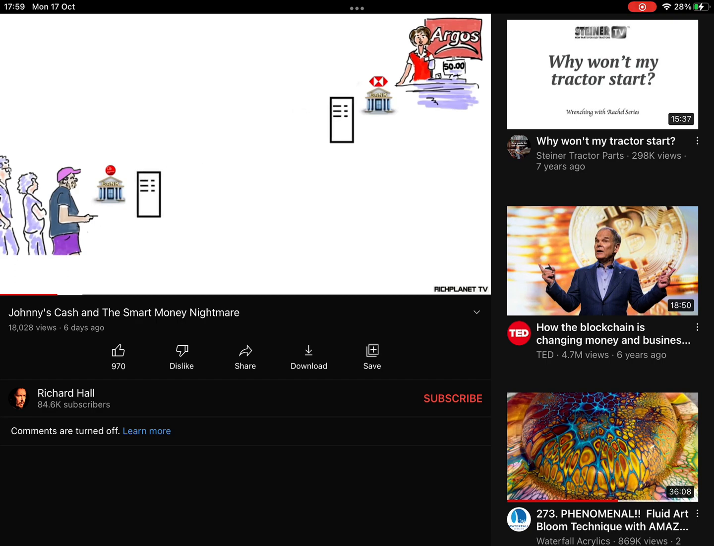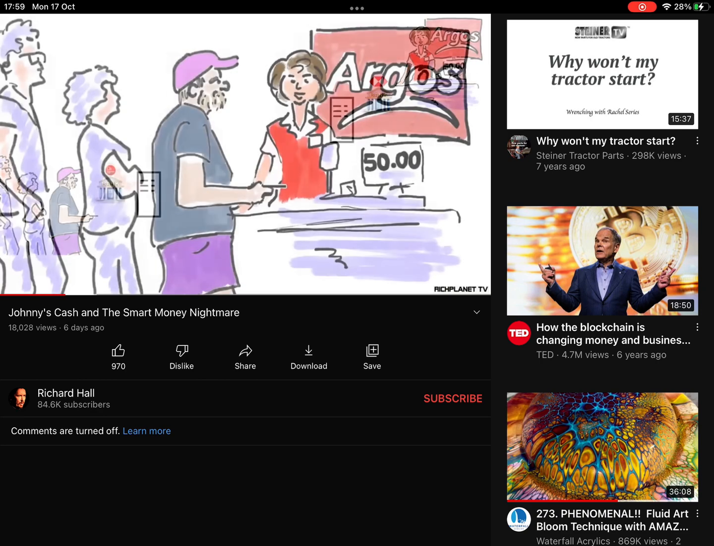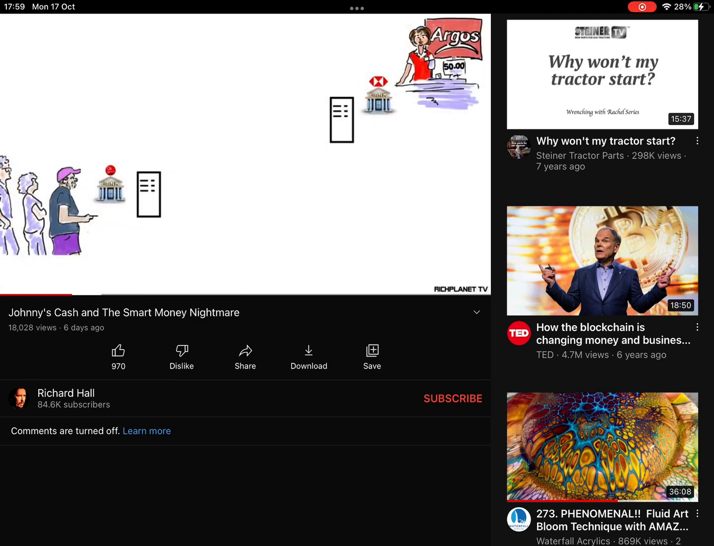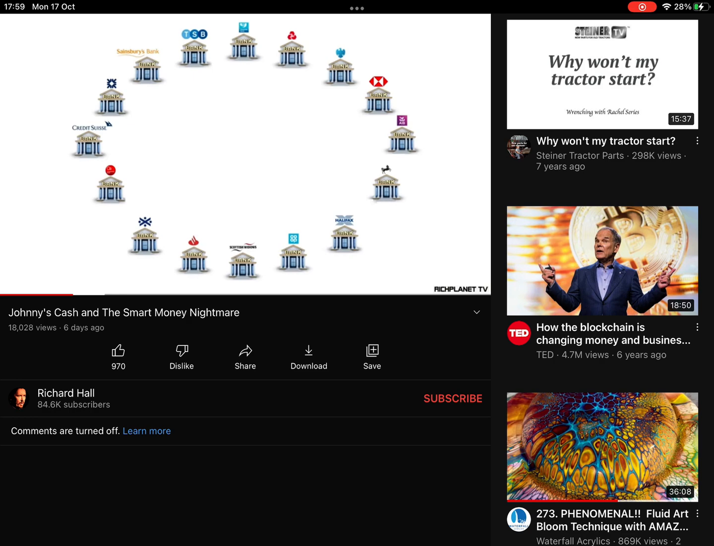A record is created showing that John's bank owes Argos's bank £50, and John's account will even show that the money has left his account, but the actual transfer of funds does not occur at the time of purchase. John's £50 purchase is one of about 50 million UK transactions that occur every day, and although in each case the account may show that the money has been transferred, the actual movement of funds between the banks only occurs